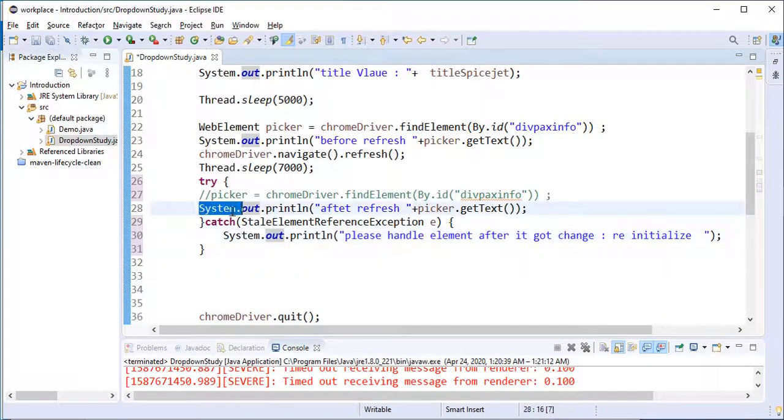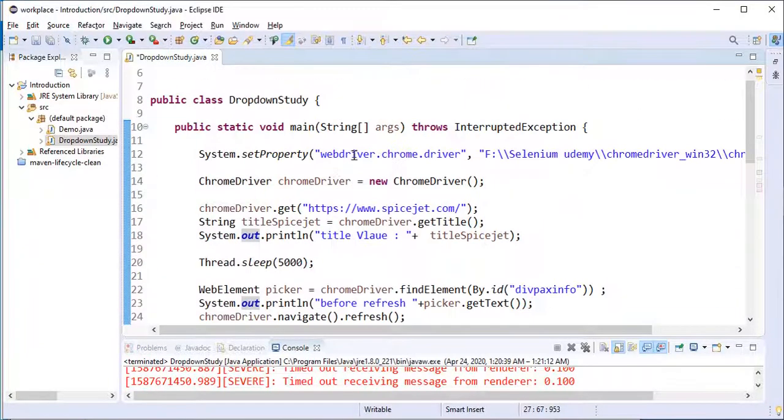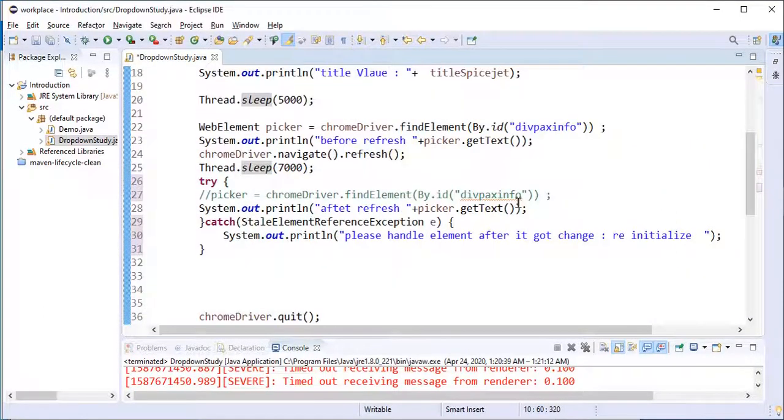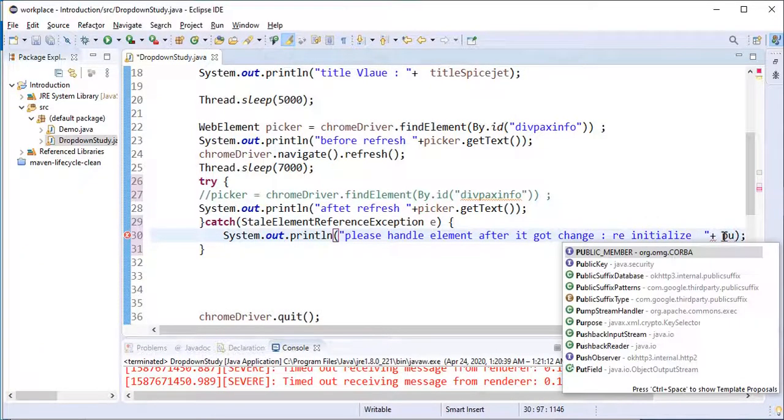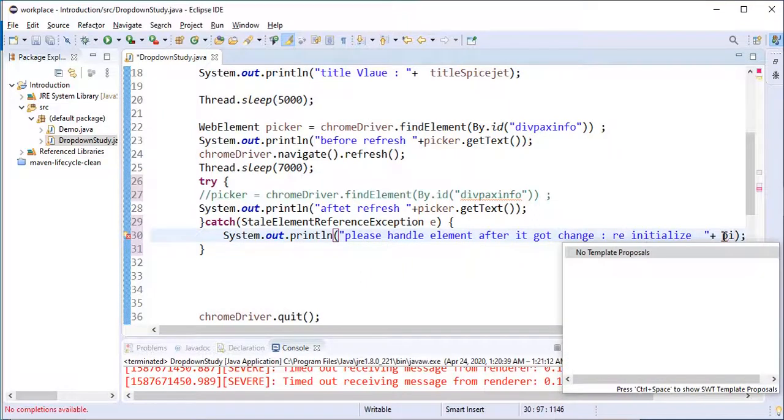It is always a good practice to use a try catch block, handle the exception or throw the exception. So I used this try catch block. In the catch I have caught this exception, the stale element reference exception, and I entered a comment so I can understand what error I am getting.